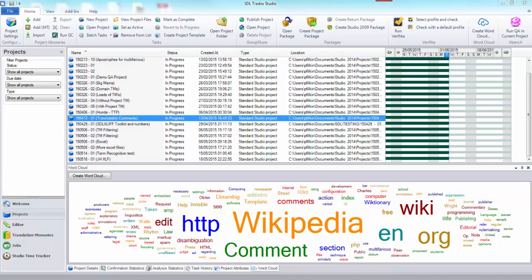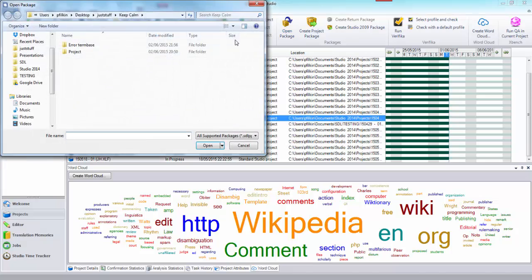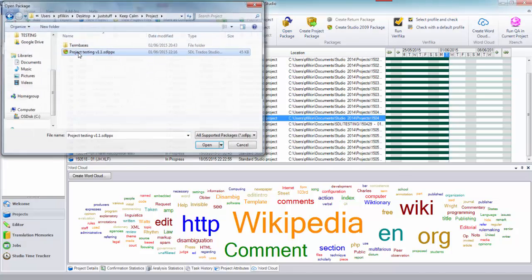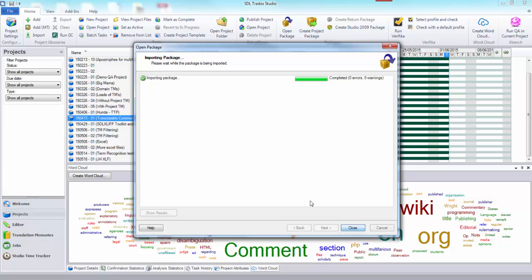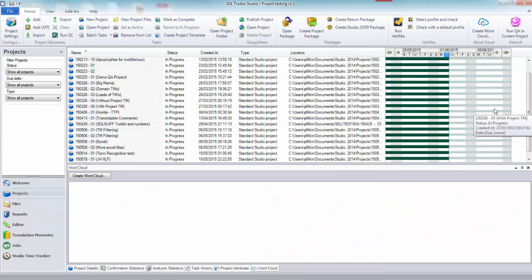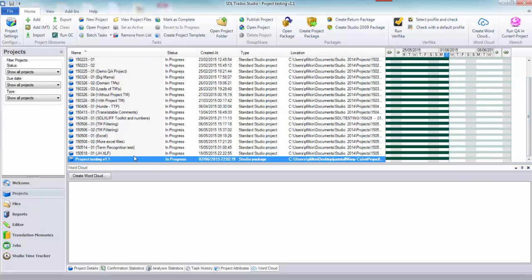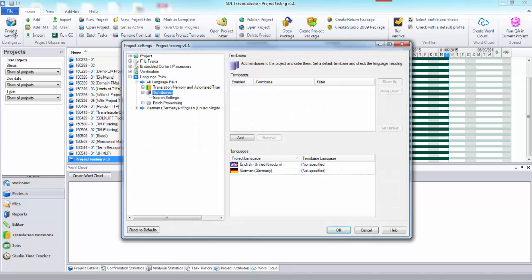So I'm going to take a look at the Apply Project Template application from the OpenExchange. To do that, the first thing I'm going to do is just open a project package that I've got sitting in my folder. It's a really simple thing just to show you how it works, so I can do it quickly. So there's my project package, it's down there, and if I click on my project settings,